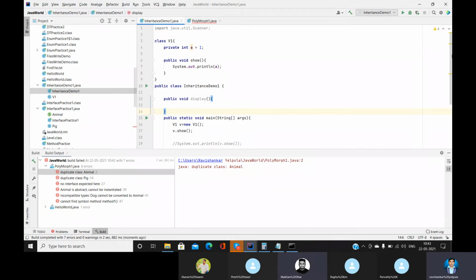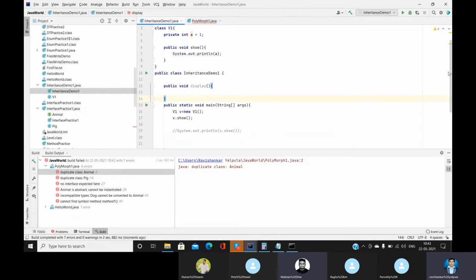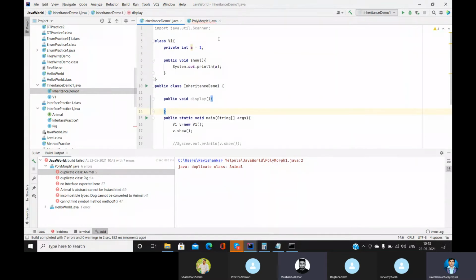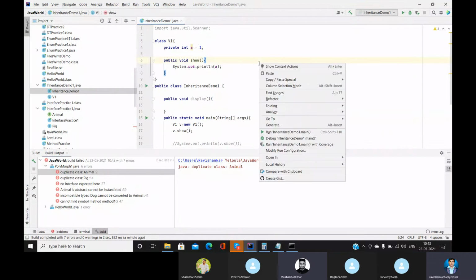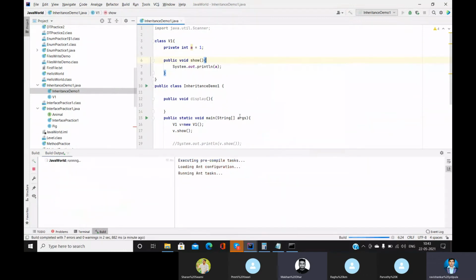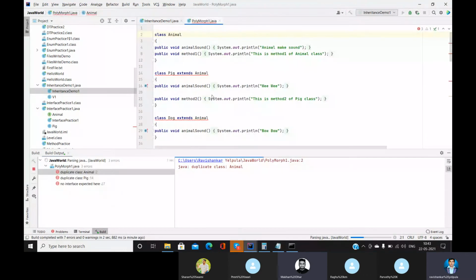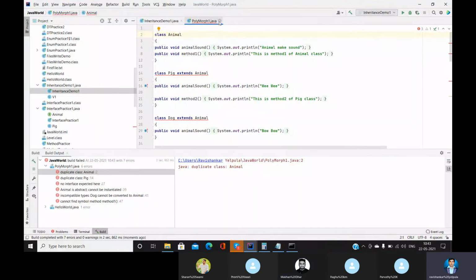Just close that polymorph one. No, open that class. Okay, can you run right now? No, it's not happening.